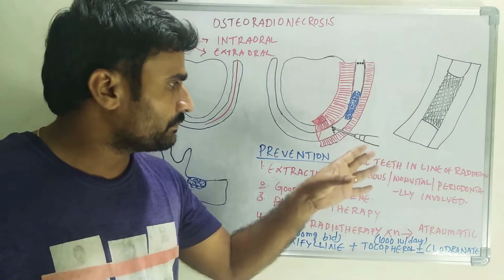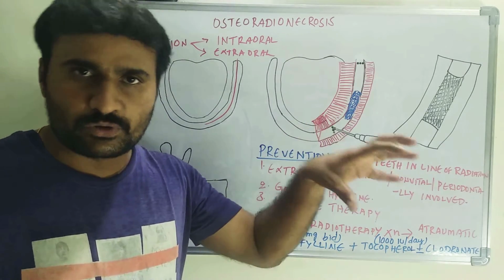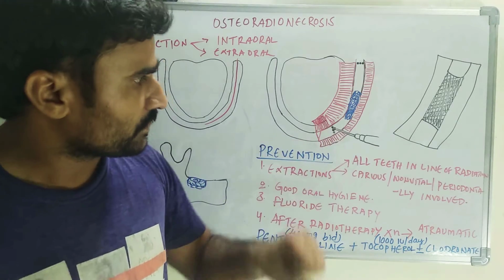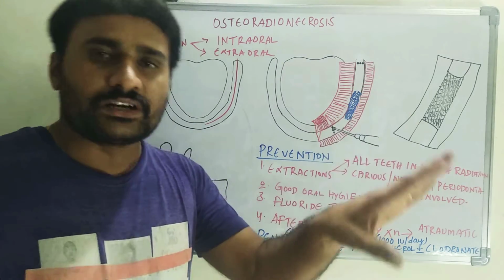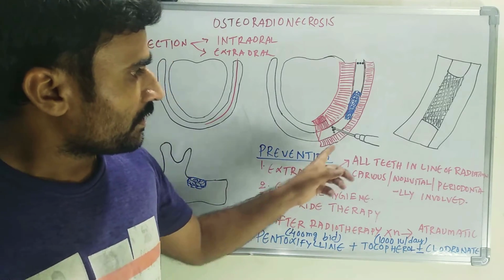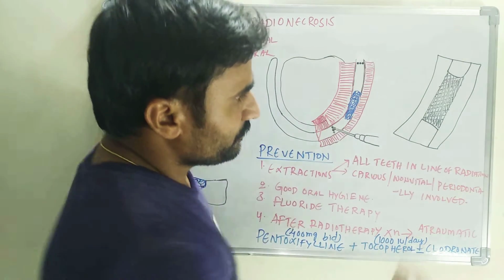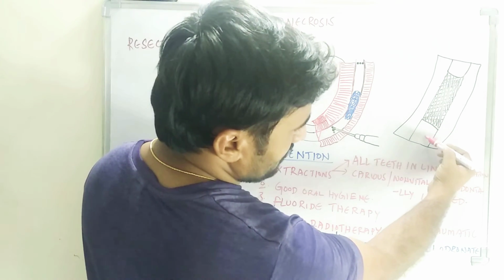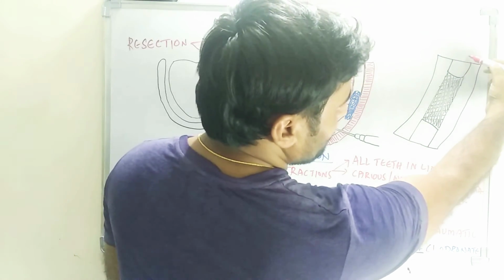That cut may be done with the micromotor, or you can use the Gigli saw, that is a rotating saw. Rotating saw can be used, and the Gigli saw can also be used with the hands. So you can see in this diagram, this is the buccal flap and this is the lingual flap, and this is one side bone fragment and another side bone fragment.